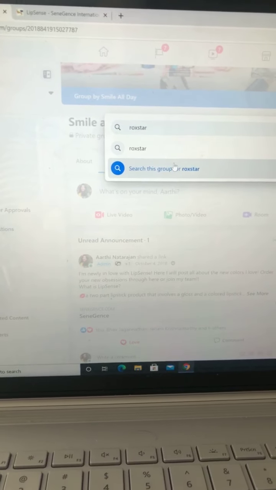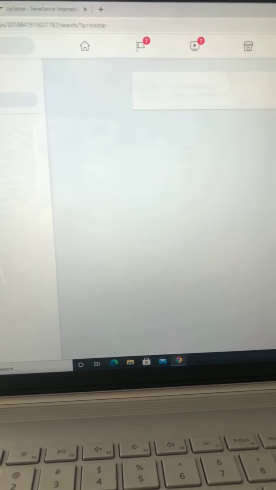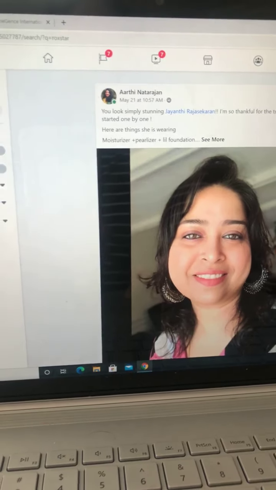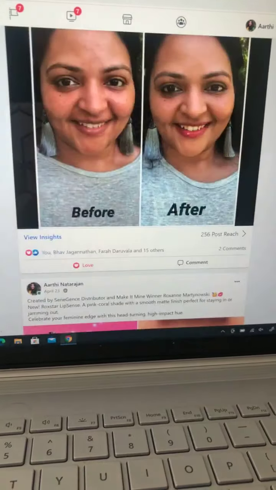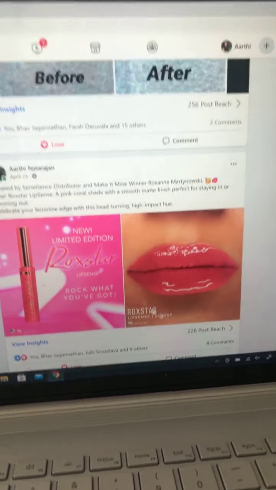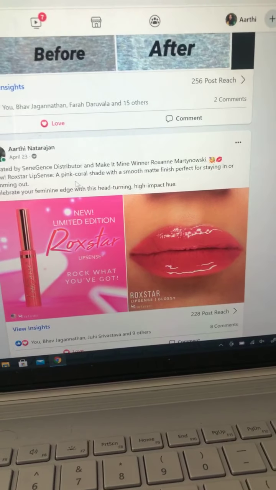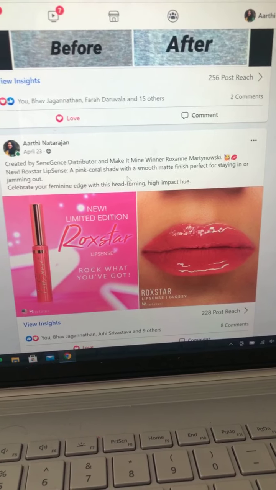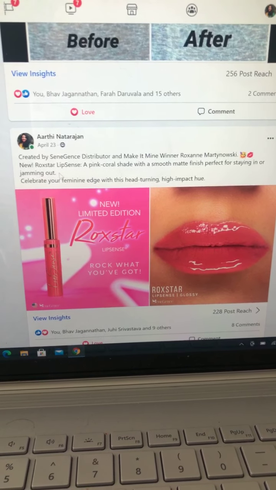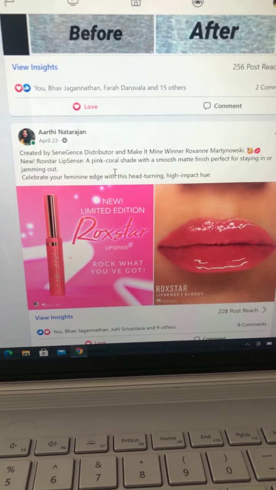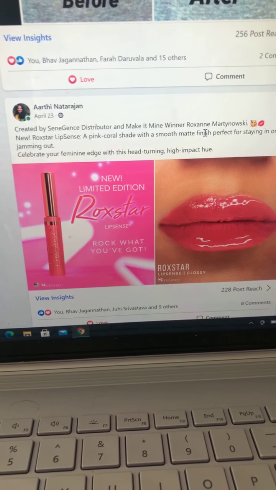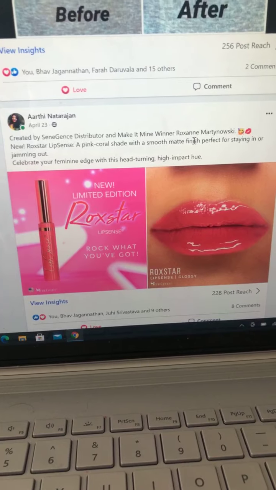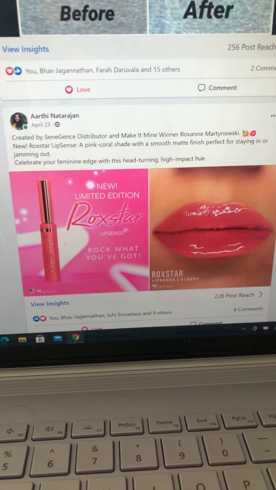Hi Kusuma, good morning. If you search for Rockstar, you will be able to find whenever someone wore the color. And also if you go here, when they introduced it, it will have that definition too. So if you see, Rockstar is a pink coral shade with a smooth matte finish. This is how you're going to find out whether it's a shimmer color or a matte shade.